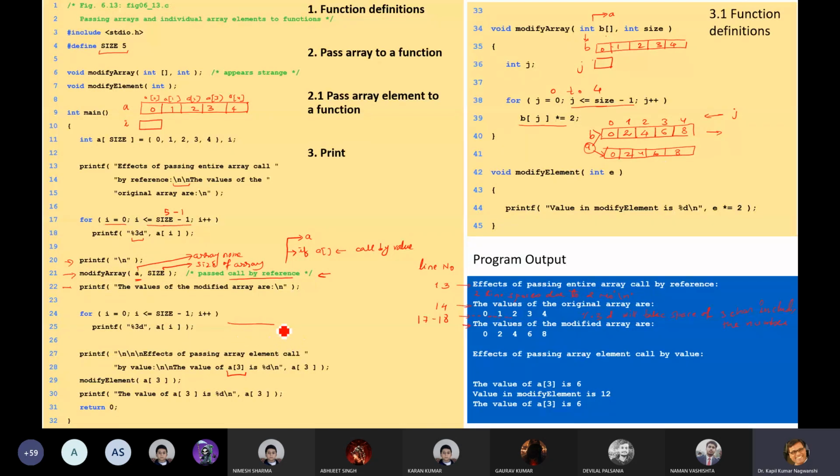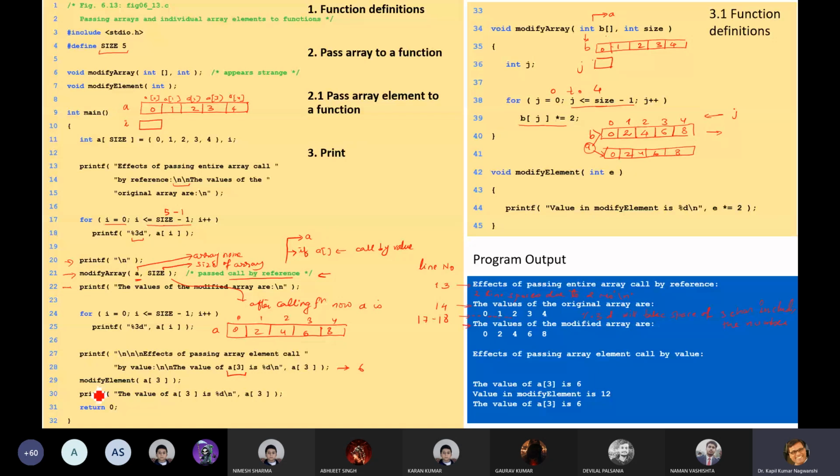Here in this particular step, what happened? After calling, okay, so now this value is 6.